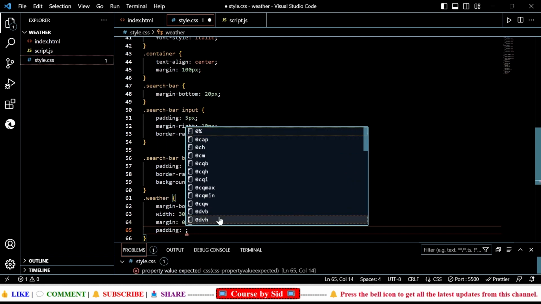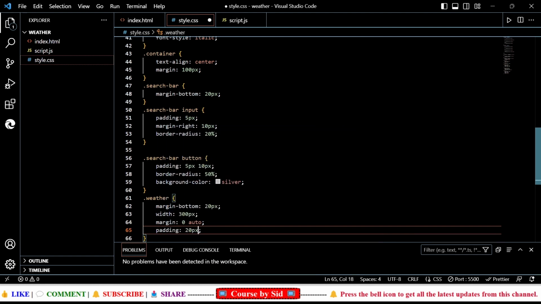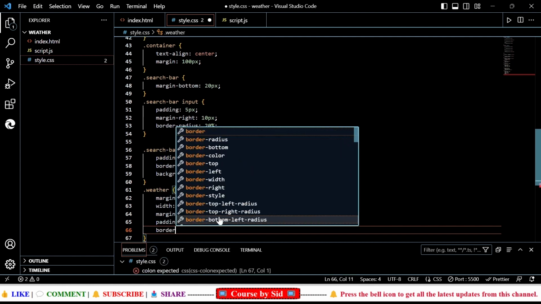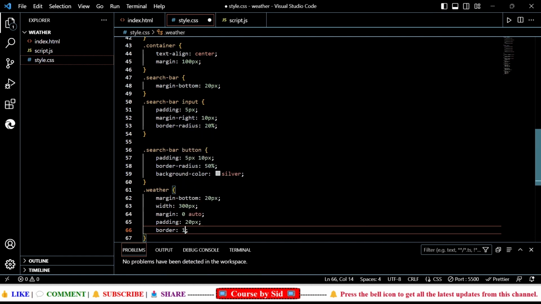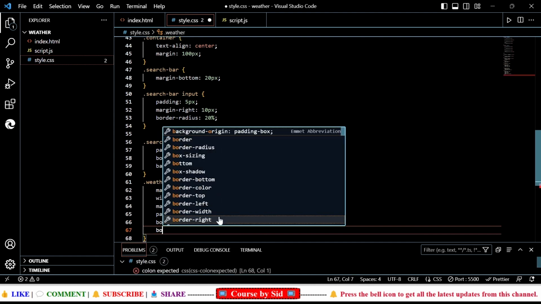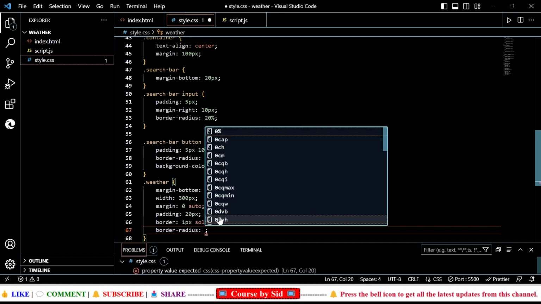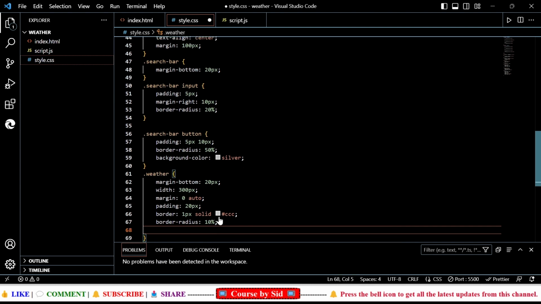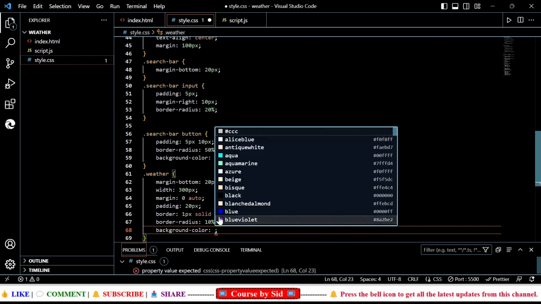Then padding will be 20 pixel, and here I'm also giving the border will be 1 pixel, that is solid, and color will be white, and then after that I'll be using border radius of 10%, right? And one background color, this will be white smoke,